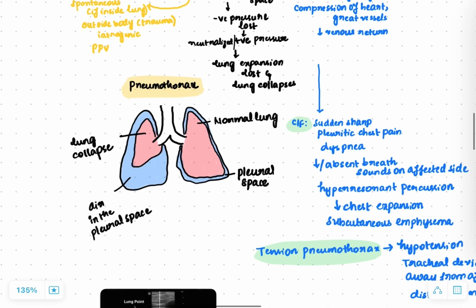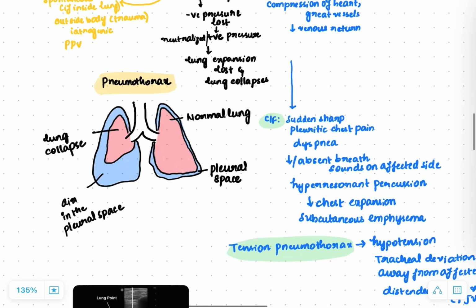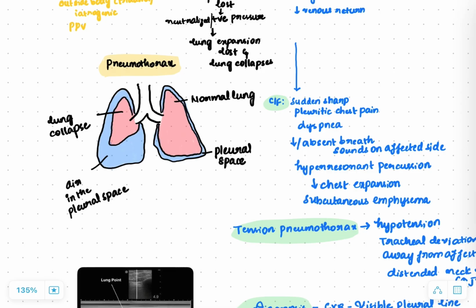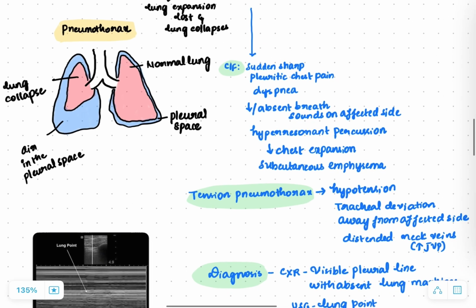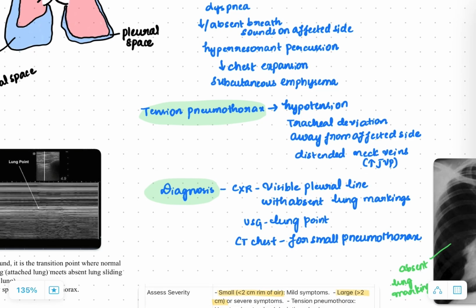So clinical features include sudden, sharp, pleuritic chest pain along with dyspnea, decrease or absence of breath sounds on the affected side, hyperresonant percussion and decrease in the chest expansion, and sometimes you can see subcutaneous emphysema. In tension pneumothorax, there will be hypotension because of the decrease in the venous return because of the compression of the great vessels,